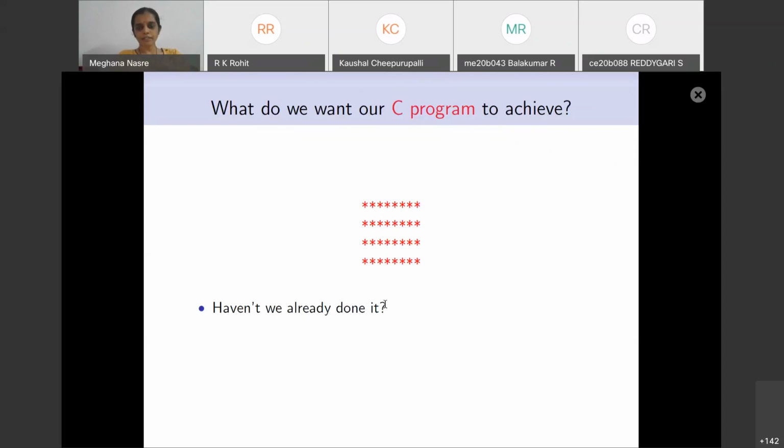So whatever we asked Vidushi to do yesterday, or whatever we asked our turtle to do yesterday in the second part of the class, we will ask our C program to do it. That is, print this pattern. It seems repetitive and slightly boring, but haven't we done it already? Yes, we have done it, but we haven't done it in C, and we have not done it on the platform that we want to use. So think of it like this, that you want to bake a cake. You have already baked it in some fancy tool, which is very easy because somebody set everything for you. You just had to turn the knobs.